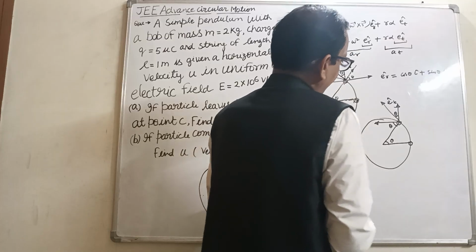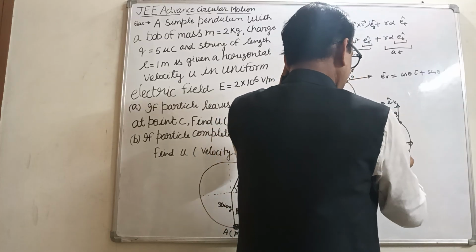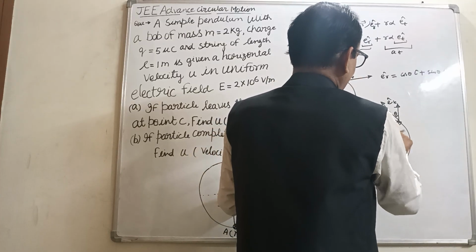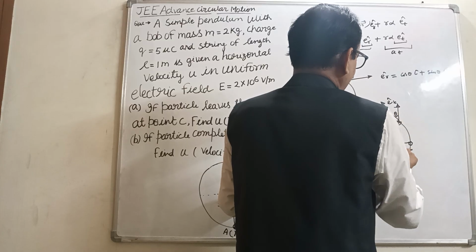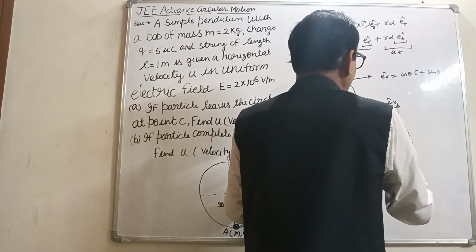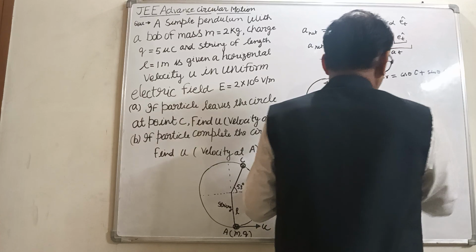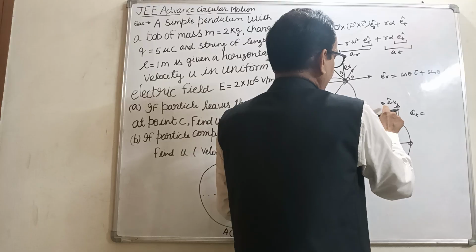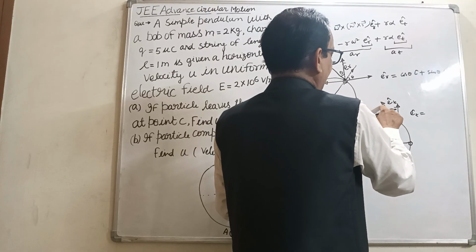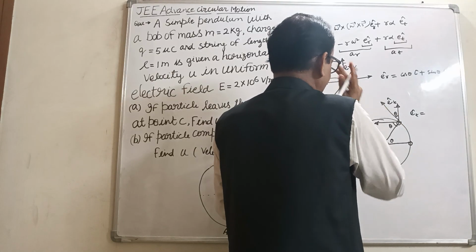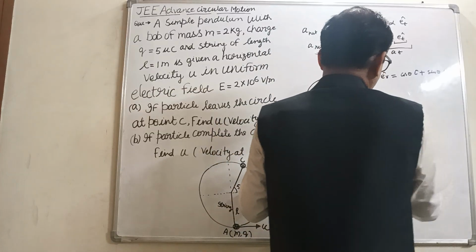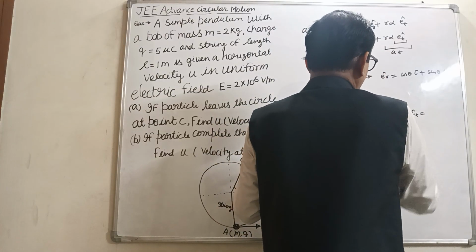This angle would be theta because of the lines making the angle theta, and then perpendicular lines are also making the angle theta. So we write here e_T cap would be, the component is a coordinate, we take here the point cos theta and sin theta and cos theta. So the component would be e_T vector.